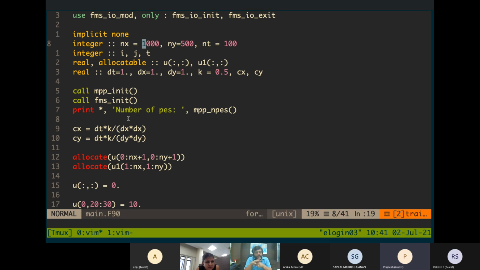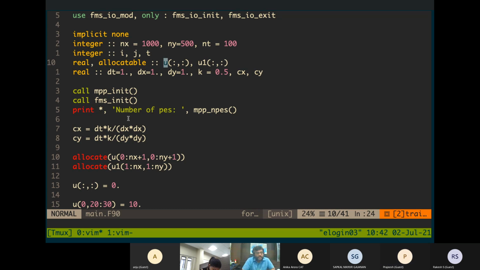In the x direction, the domain has, let's say, 1,000 points. In the y direction, I am taking the domain size as 500 points, and this is the number of time steps, that is, for how many time steps I'm going to solve this equation. I'm taking it as 100. All these are just arbitrary numbers. Okay.